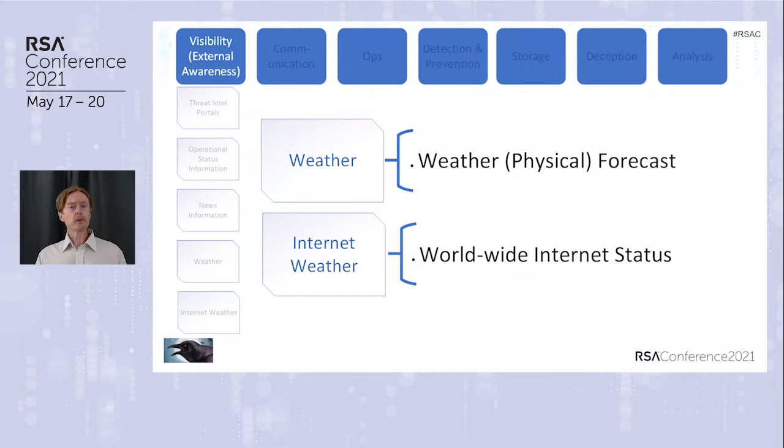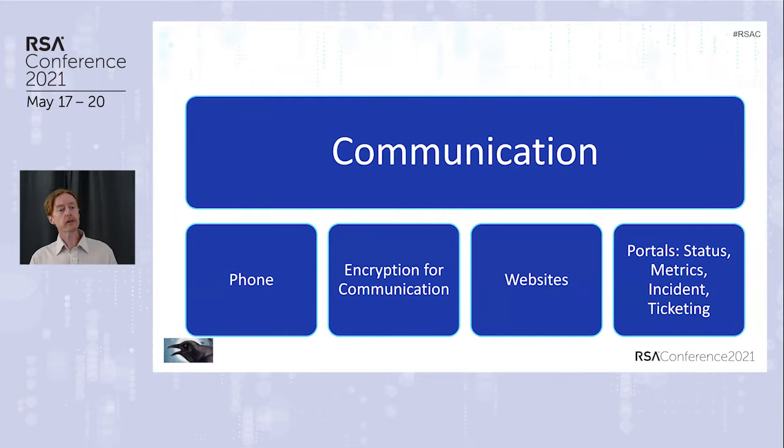Another part of this is the weather. As the weather changes, we have impact in cybersecurity, right? Tornadoes and hurricanes and tsunamis and other things that actually are affecting the operational environments that we're intending to defend. Related to this is what I call the internet weather, as undersea cables get cut and DNS hosting environments get affected or taken down, or BGP routes are published that reroute traffic from one place where it should be to another place where it shouldn't be. Oops, sorry, that was a mistake, they said. But this is the sort of thing that we should be aware of, and we need a way that we can maintain that visibility from within our SOC.